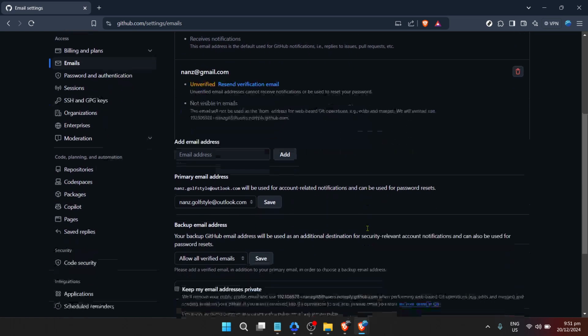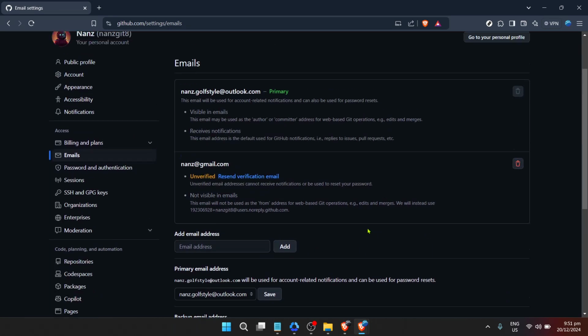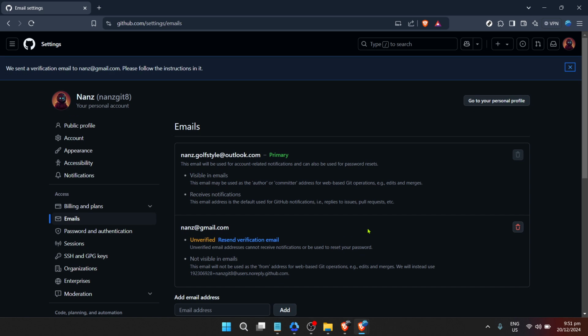A couple of additional tips to bear in mind. Keeping your account security in mind is paramount. Regularly updating your contact details ensures that you remain reachable for any security alerts or account recovery needs. Additionally, periodically reviewing and managing your email preferences in the email section of your settings helps you control the amount and type of notifications you receive, keeping your inbox clutter-free and ensuring that you only get notified about what's truly important to you.